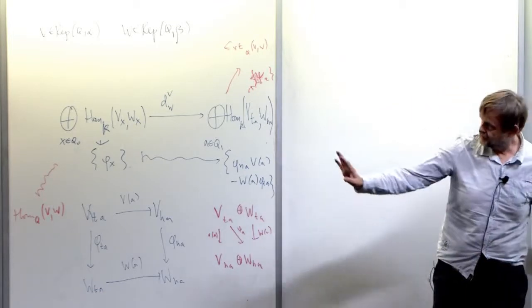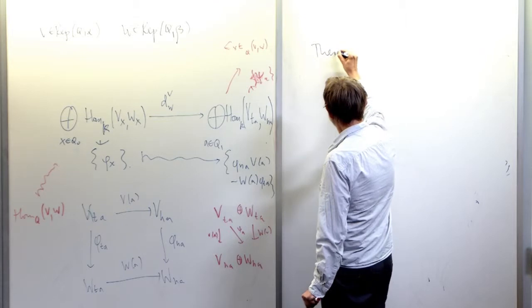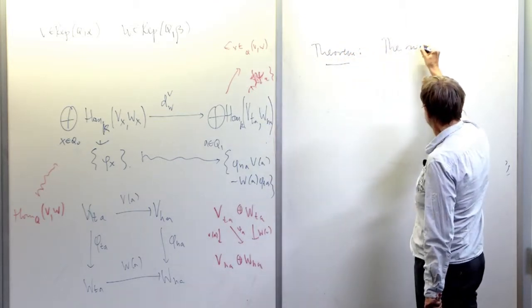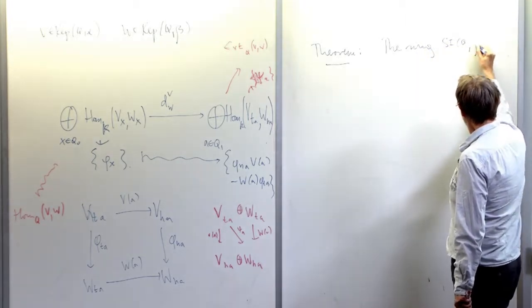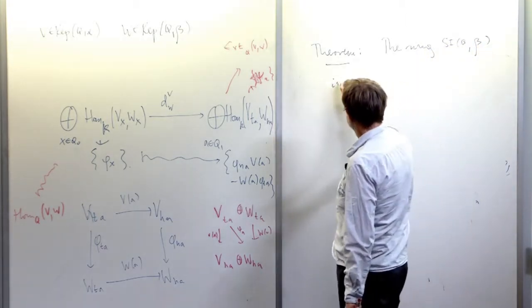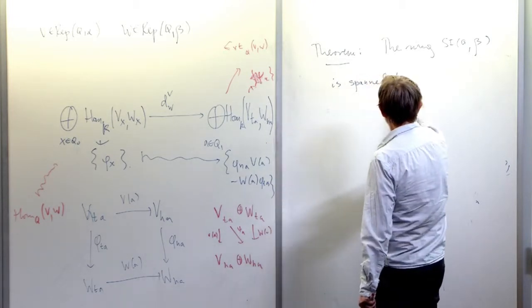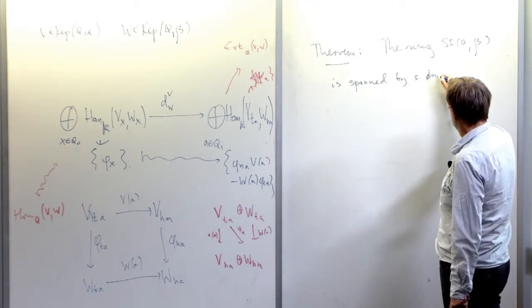Right now I state the proposition that it's a semi-invariant, but then the theorem is: the ring SI Q beta is spanned as a vector space by semi-invariants of the form